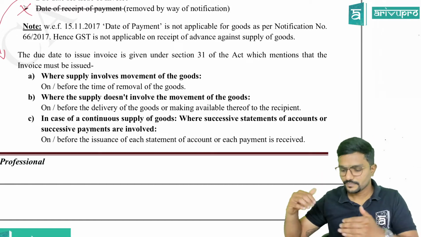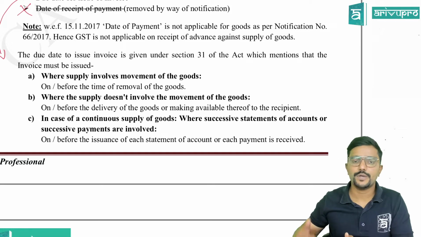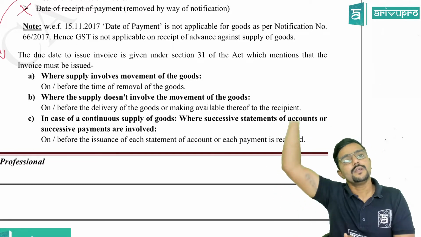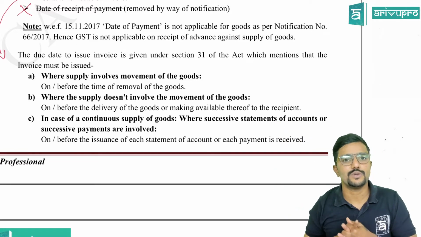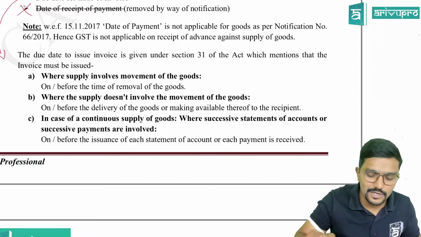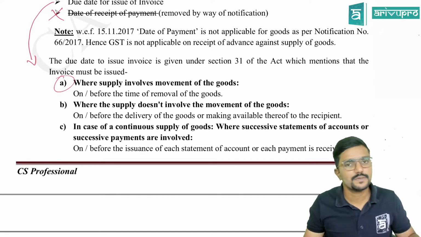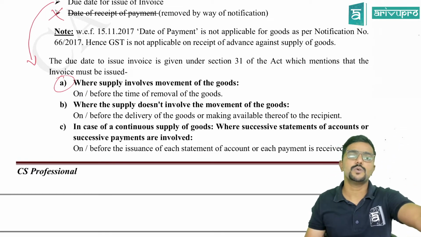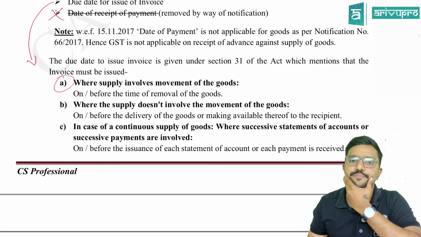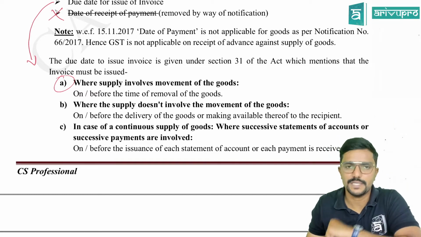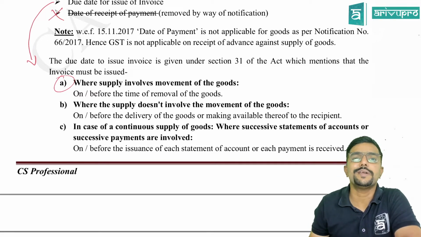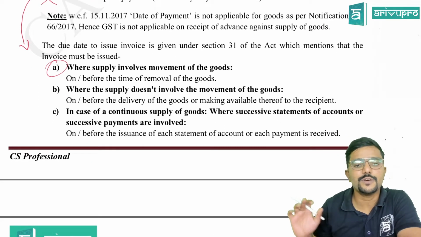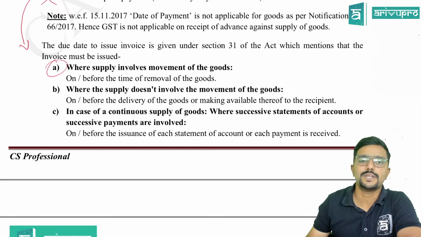Clear? For example, assume I went to Tata Chroma, purchased the goods and asked them to deliver it to my place on 10th of July. On 10th of July, so there is a movement of goods. In that case, it will fall in the first scenario. What we are covering in the second scenario is you go to Tata Chroma, purchase the goods there only, and you yourself take it, like a laptop or anything. So in that case, there is no movement of goods. Purchase has happened there only. So in that case, the invoice is due on or before the goods are delivered to you, which means on the same day.